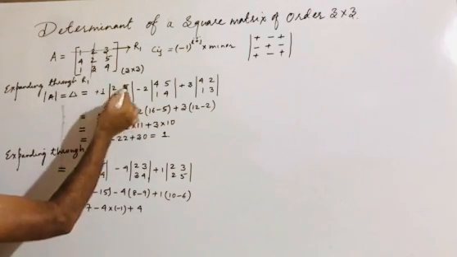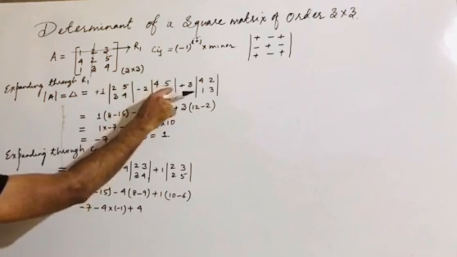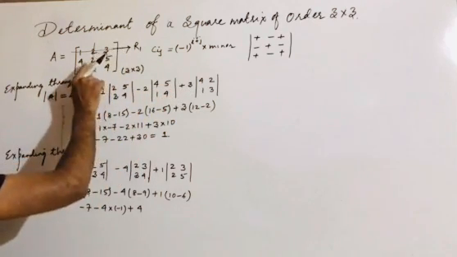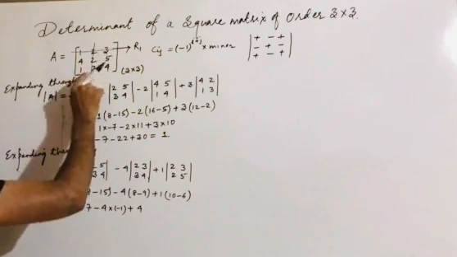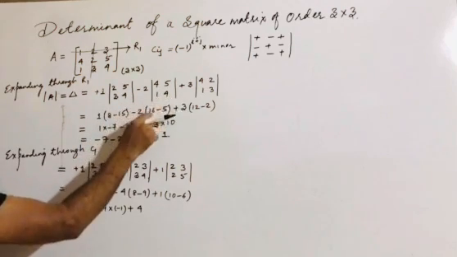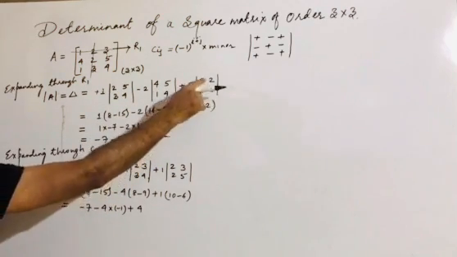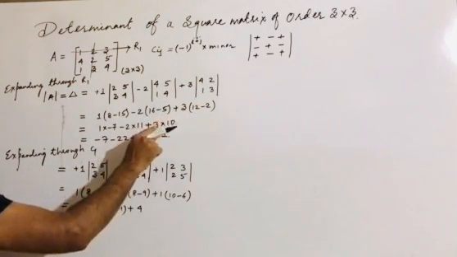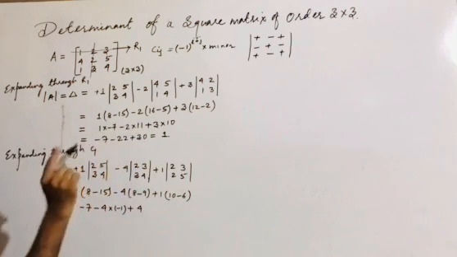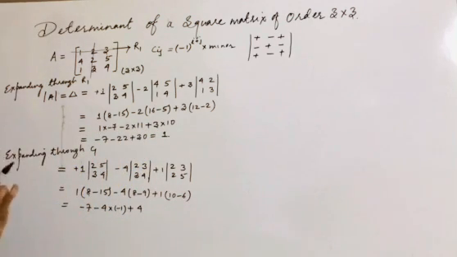The first is 1, 4 twos are 8, then it is minus 2, then it will be 4, 5, 1, 4, then it is plus 3. It is plus 3 if I am going to 4, 2, 1, 3. So 8 minus 15, 2, 4, 4 fours are 16, minus 5, 1 five is 5. This 4, 3 fours are 12, minus 2, 2 fives are 10. So 10, 11, 2 elevens are 22, and 7, 1 seven is 7. That means this is correct. Here I think we are making some mistake.